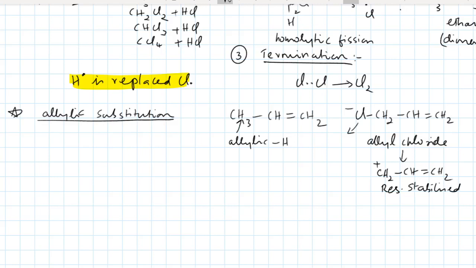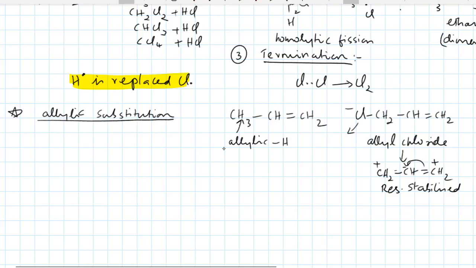So we have studied this. For more details on resonance, you can see my other video on how resonance operates in organic compounds. Here this will come here, this will become plus and this will become minus, and the double bond shifts here. So we don't go into those details now.